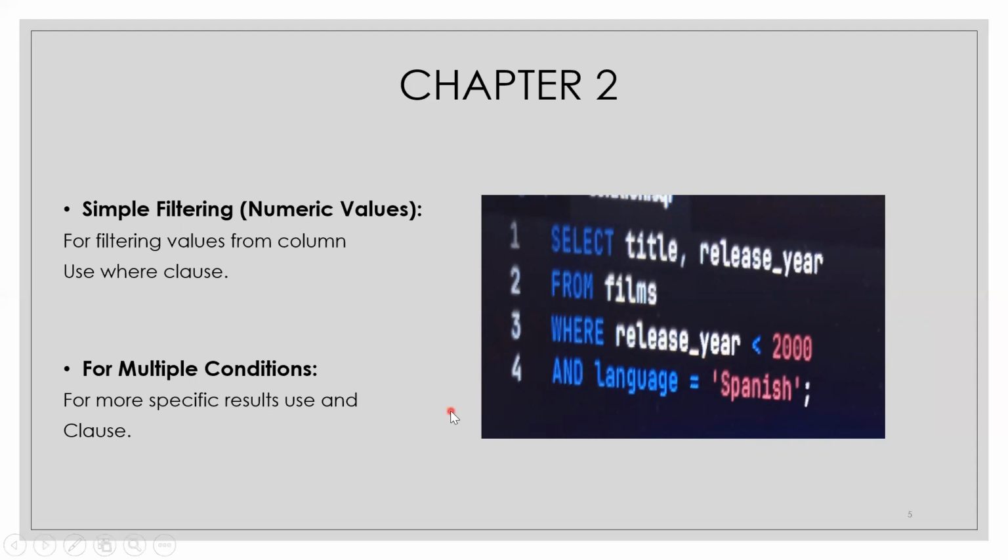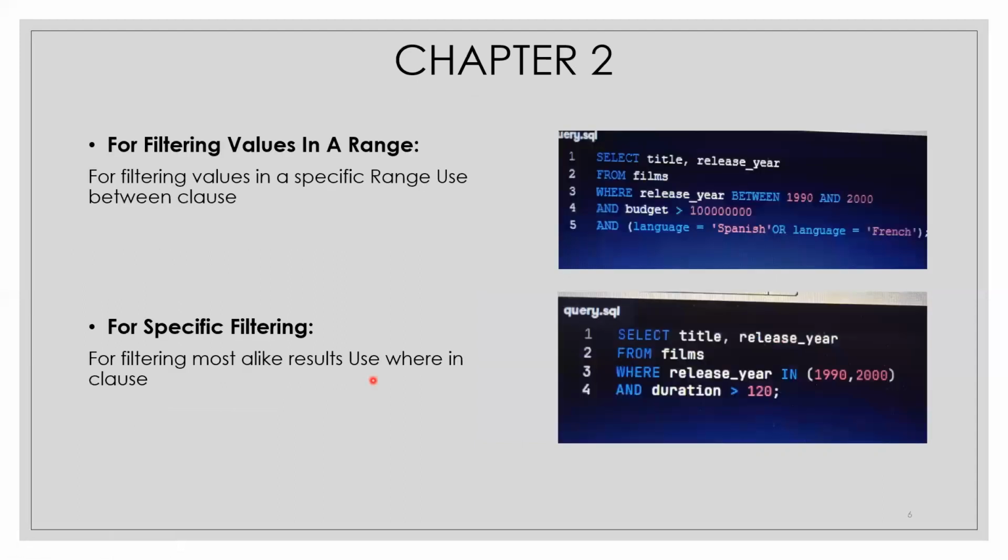So for multiple conditions, we will use the and clause joined with where, and we want the language which is Spanish. So the and clause is further related with the where clause for multiple filtering conditions. For filtering values in a specific range, we will use the between clause. So when we want the release year to be between 1990s and 2000, it will specify a range in which the films were